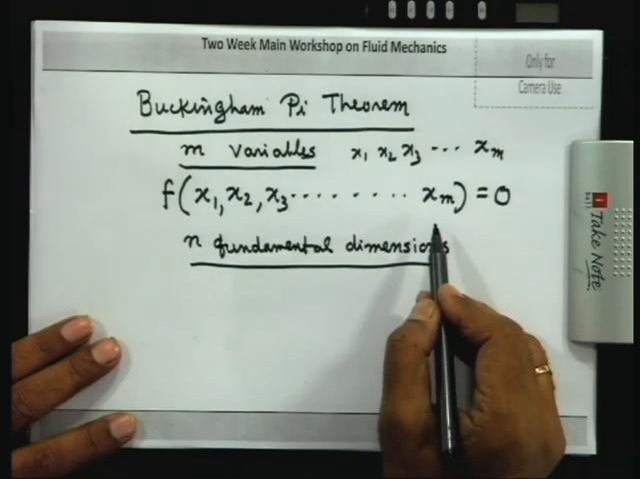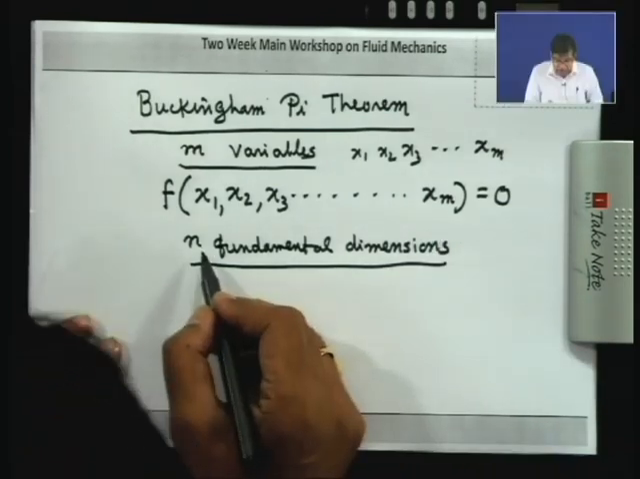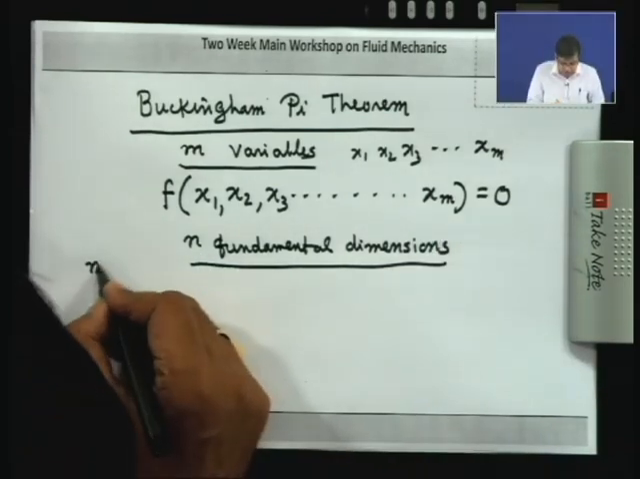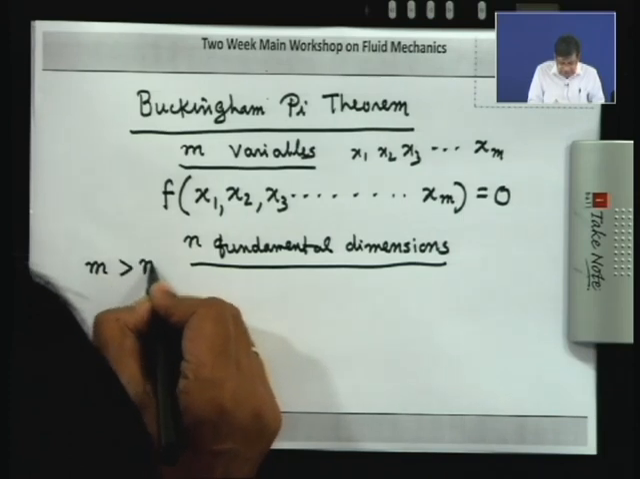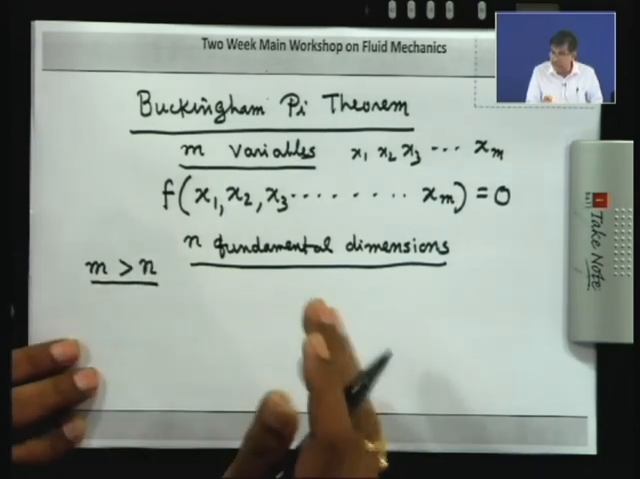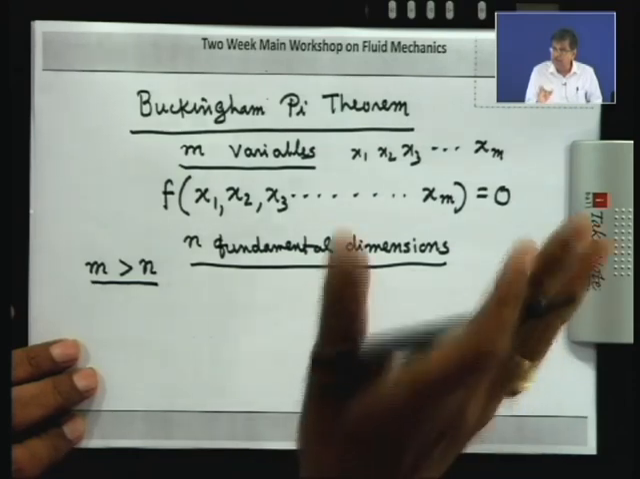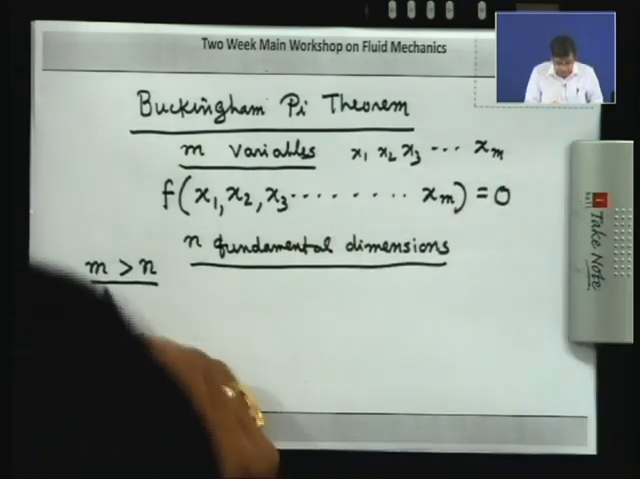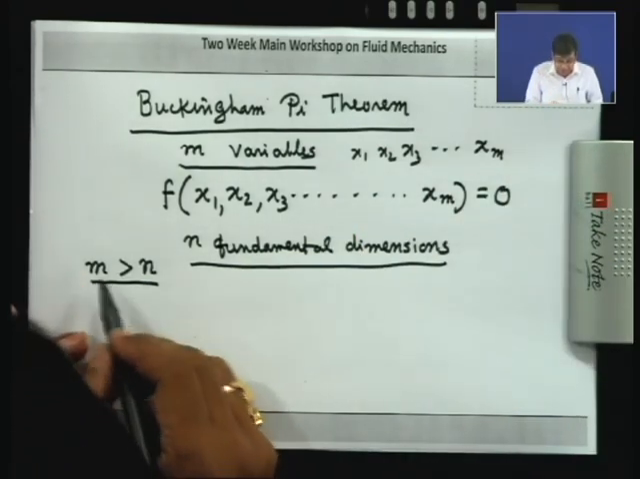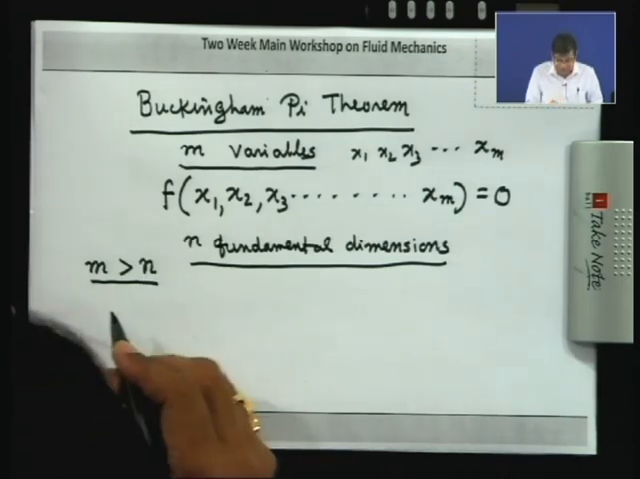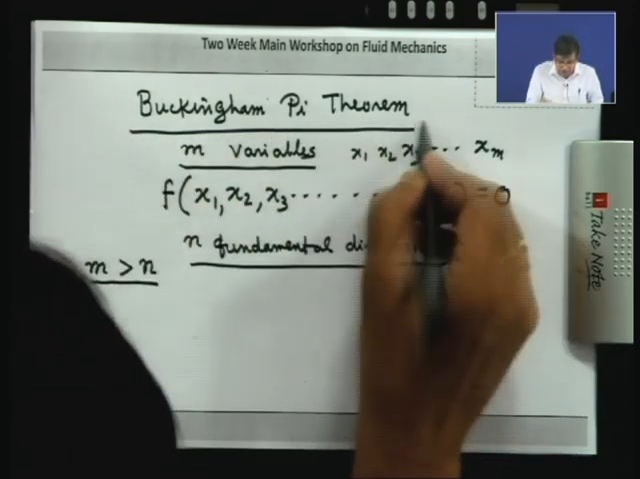So if it is n, and at the present moment we consider m is greater than n. I will discuss afterward the cases when m is less than n or m equals n, and what is the physical implication of it. But we accept m is greater than n, so m minus n is greater than 0. Then according to Buckingham pi theorem,